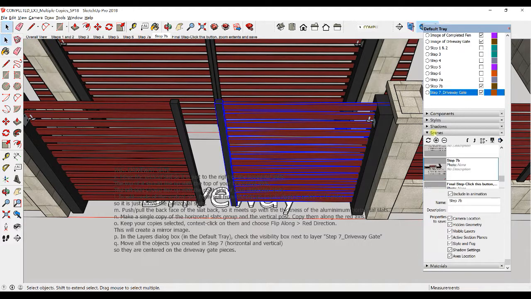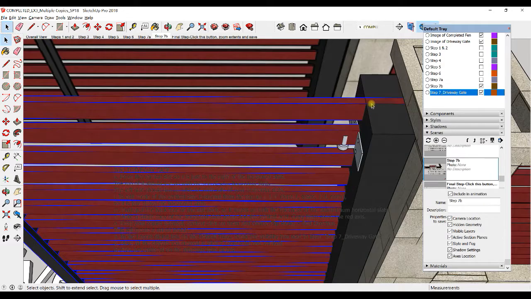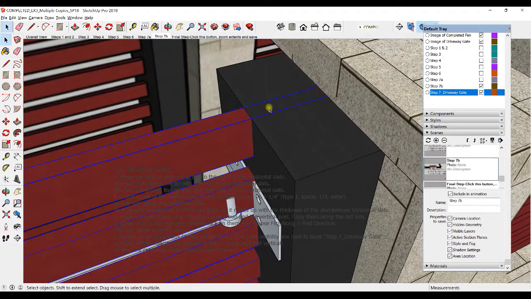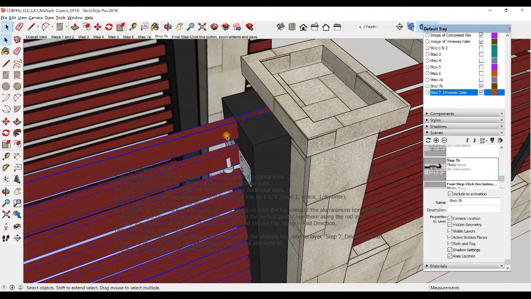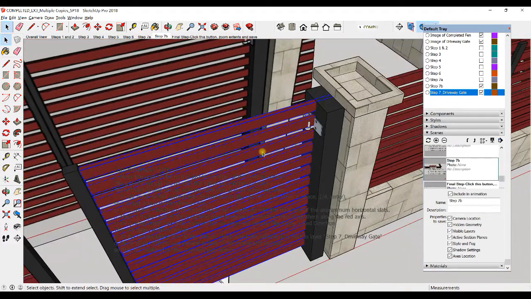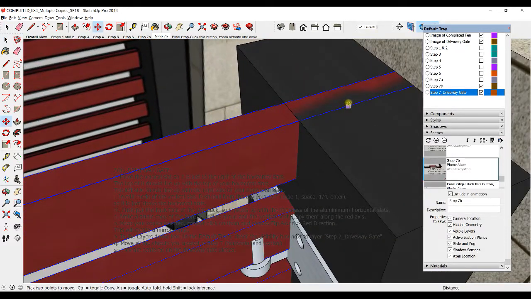to select them both, and I'm going to zoom in, and I'm going to move this part over along the red axis so it lines up with this vertical, with this driveway gate piece that we just turned visible in the default tray. Do you see how I did that? So I selected the pieces I want to move. So I held down the shift key while I grabbed the other one, and then I zoomed in, M for move,